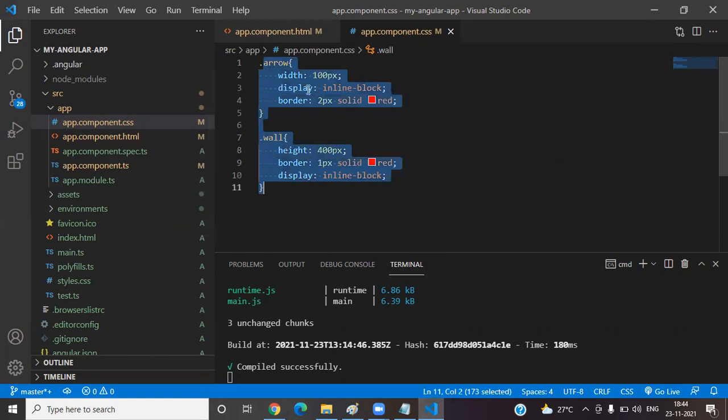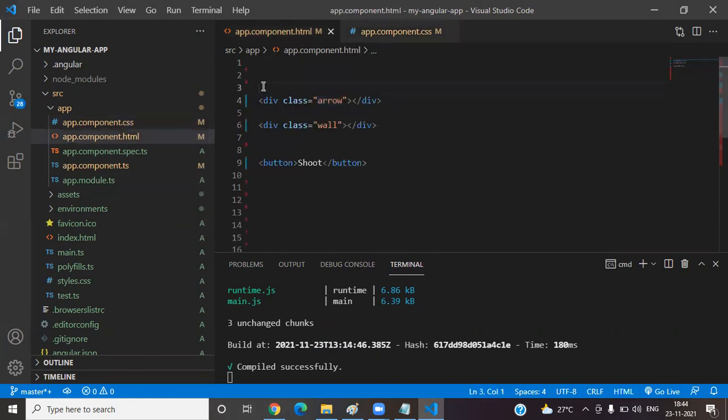This arrow and wall is my shooting area. I'm going to keep the shooting area inside one div, just for designing purposes. Our actual requirement has not yet started. This one I can call a content. My class equals shooting area.